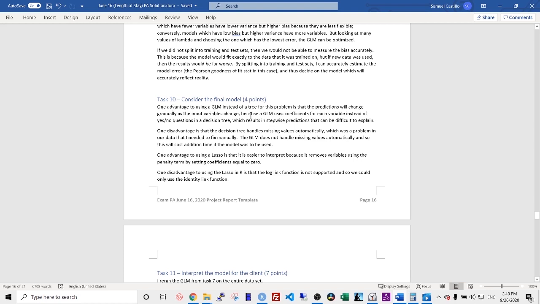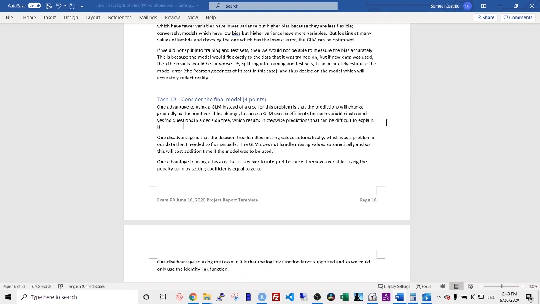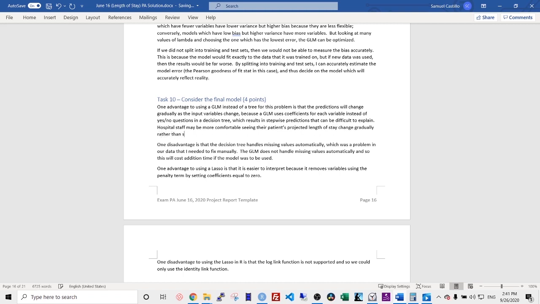One advantage to using a GLM instead of a tree for this problem is that the predictions will change gradually as the inputs change, because a GLM uses coefficients for each variable instead of yes or no questions in a decision tree, which results in stepwise predictions that can be difficult to explain. So hospital staff may be more comfortable seeing their patients' projected length of stay change gradually rather than suddenly. Right? This next one,